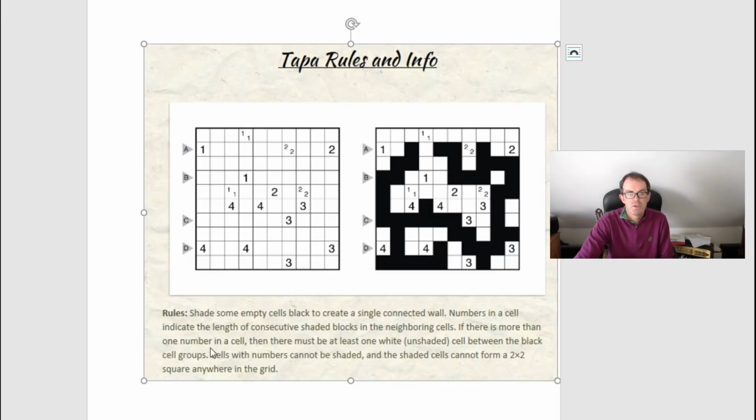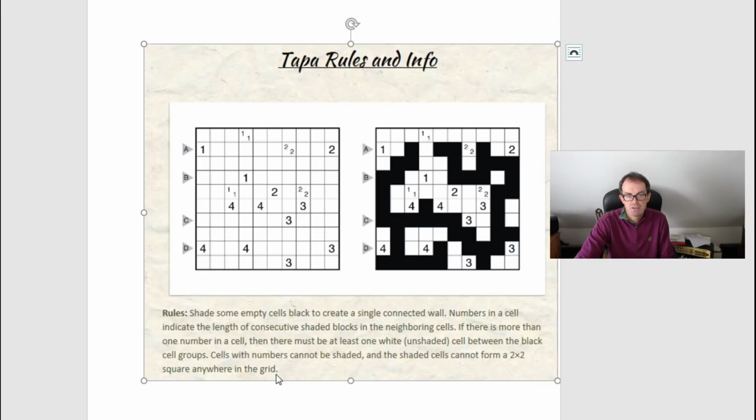If there is more than one number in a cell, then there must be at least one white unshaded cell between the black cell groups. So if we look up here, you can see there are 2 2s in this cell, and in the answer that means there's these 2 cells which are both black, and then a gap, a white cell, and then obviously 2 more connected cells. Now the gap can be any number of white squares, but there must be a gap. So that's the thing that we have to remember when there's more than one number in a cell. And then finally,